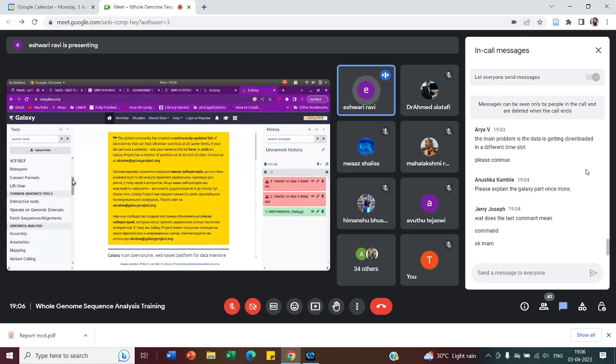It also helps us to do the alignment and mapping annotation. RNA sequencing analysis is done very easily here. We can do the variant calling, which I will be showing you all tomorrow. It's just that it will take a lot of time, and it will also give us the